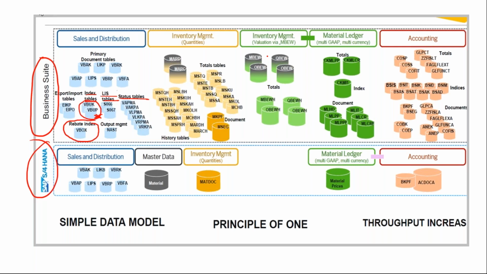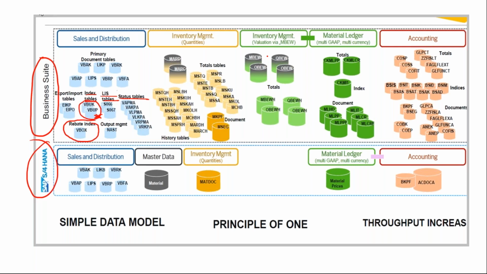That is when it comes to the material evaluation or material ledger, because the material ledger, as I told you, is closely integrated to my inventory management, and that has become a mandatory concept as far as SAP S4HANA is concerned. So without the material ledger, your GR would not happen in the SAP S4HANA system going forward. Your material ledger has been captured as part of a material ledger table. There is a table called MLDOC that captures all your material ledger information, which is integrated to my ACDOCA table. If you see this picture, material ledger has been integrated to my accounting.